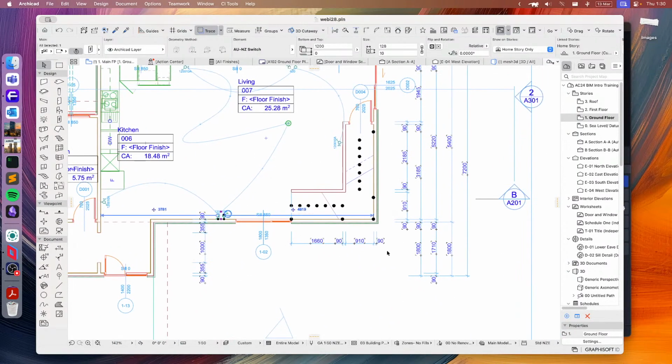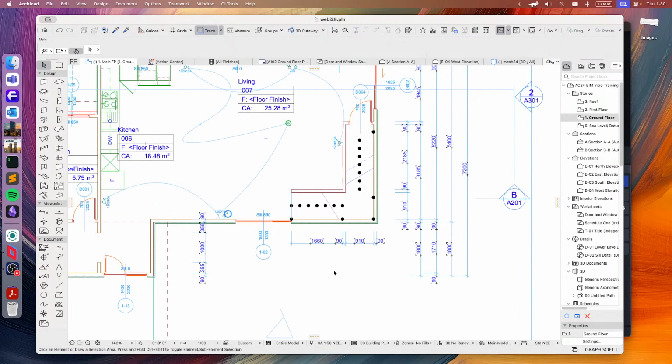So that is the basics of the electrical tool. Probably the next thing you want to do is create a schedule, which is pretty straightforward to do. So we'll look at that